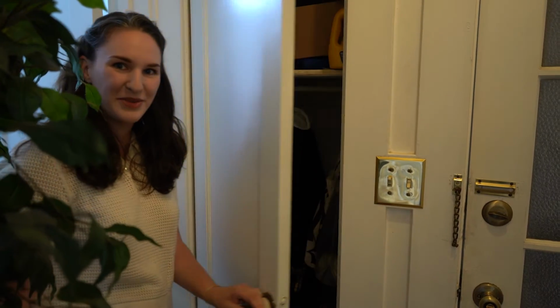Okay, so we're back in the foyer, like the entrance area, and the bathroom is to my right. It's going to be a bit of a tight squeeze, but before we do that, real quick, I love this apartment because it has a lot of built-in storage. This is a cute little coat closet. It's super messy inside, but if you want to take a peek,